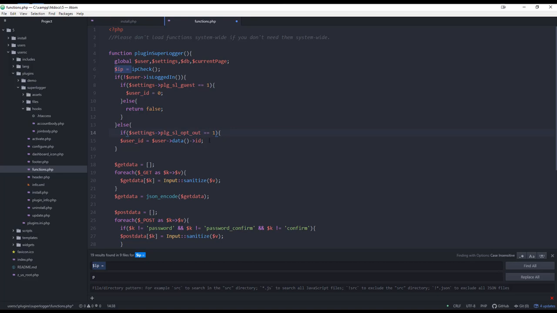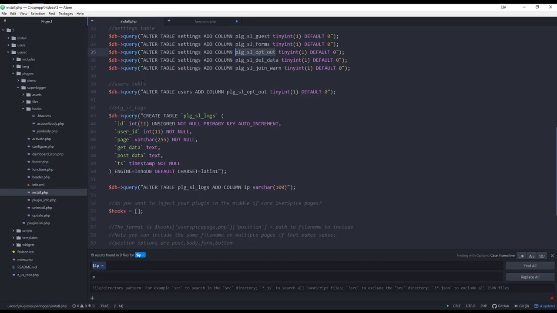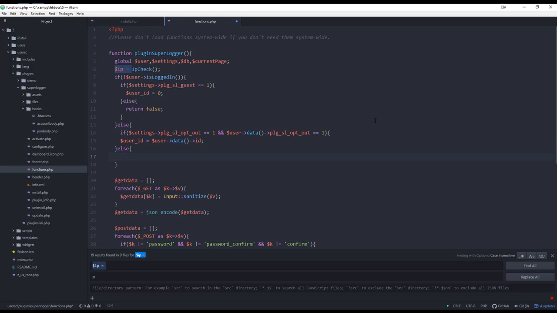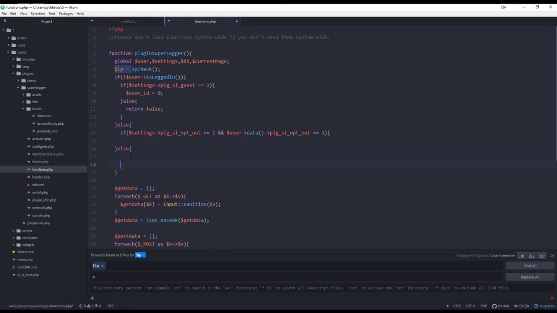So if they're allowed to opt out and user data, let's double check that column name, user data opt out equals 1, then do something. We're going to say else, do something else. So if they've opted out,